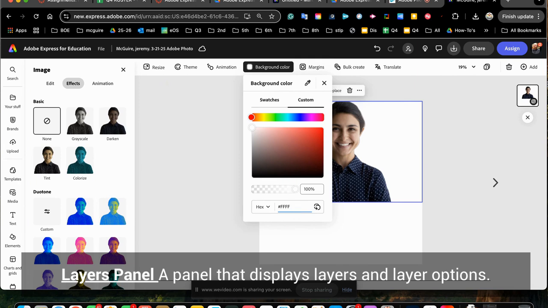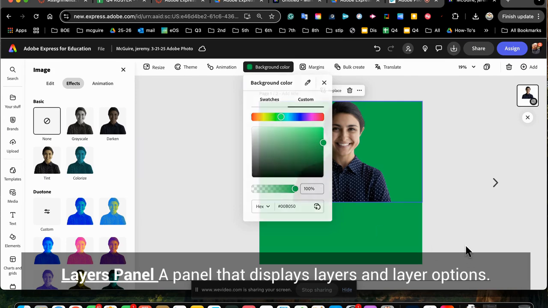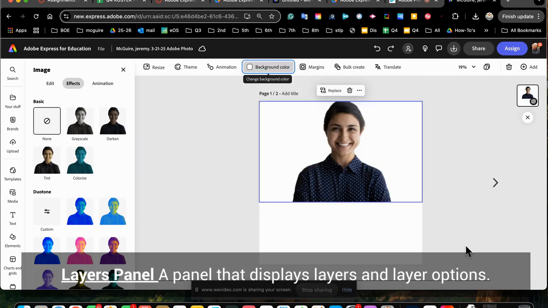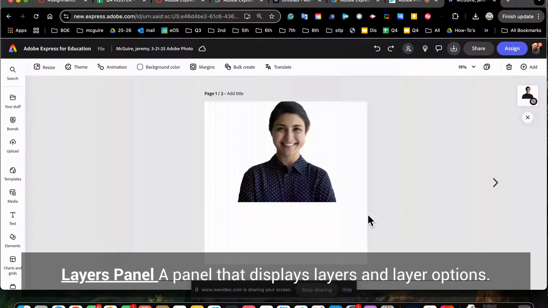Okay, so let's put her 00B050, which is Crawford green. Okay, now I'm going to do that, but I want to hit undo because I don't want the whole background to be that color. What I'm going to do